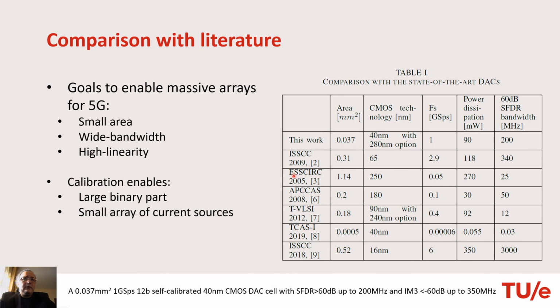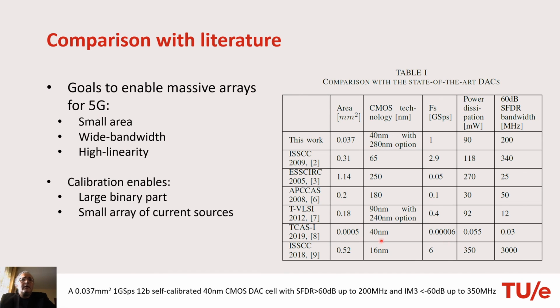If we look at what the others are doing, we'll immediately spot this D2A converter, published 2019. However, if we look closely, you see the performance here. And the reason is that this is an oversampled DAC. So this is digital sigma delta, which uses high oversampling ratio, and this results in a very small bandwidth.